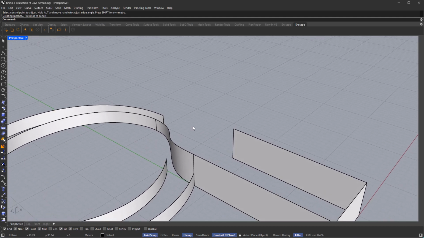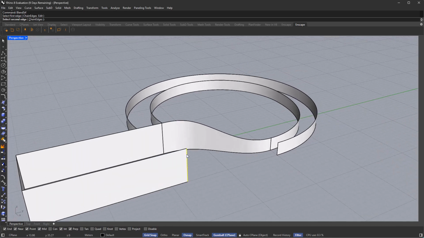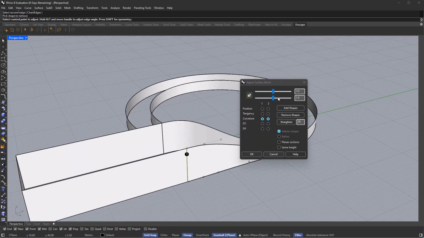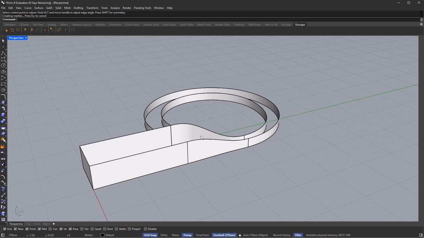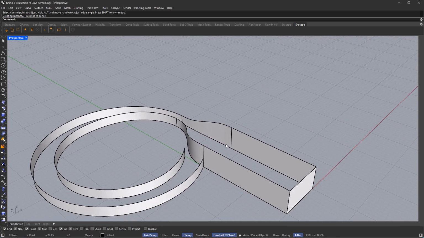And again, to repeat the same command, I'm going to be pressing the spacebar, like so. And I'll be doing the same thing, but on this other side. So let's click here and then over here and click on OK. Alright, awesome. Now for our next step, what I want to do is to close this surface, or to give